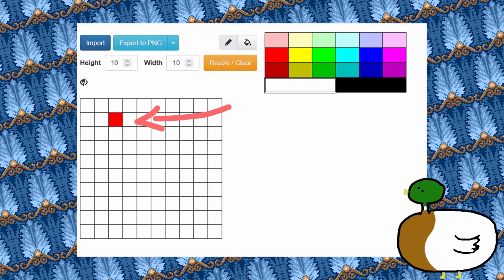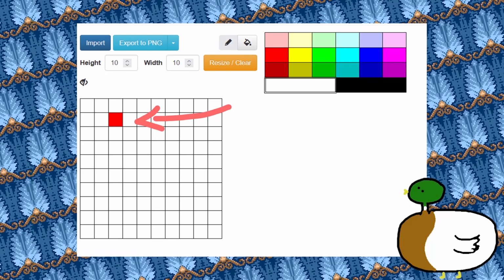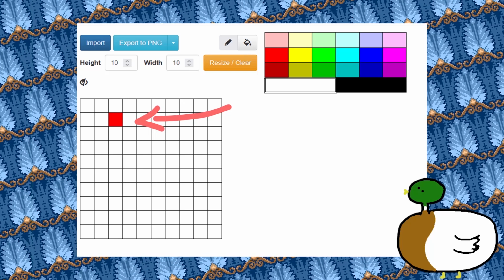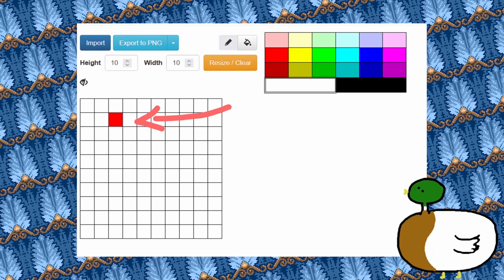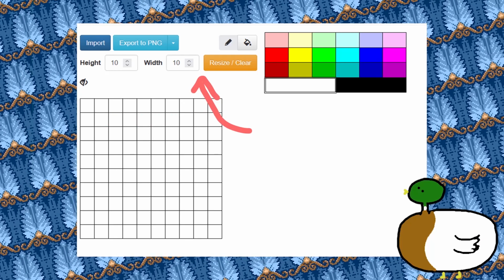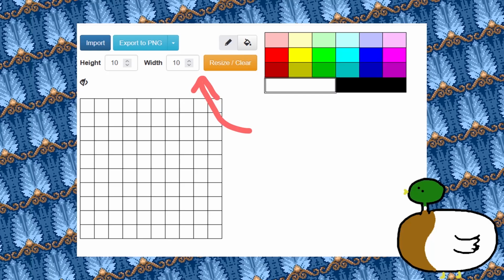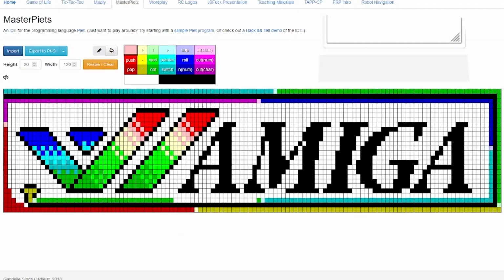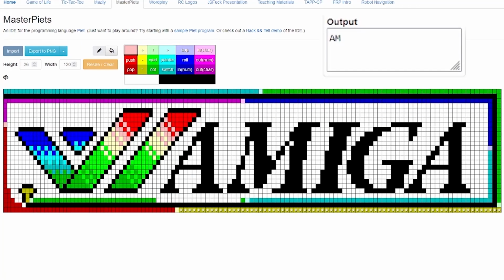A codel or code pixel is pretty much a square of any size so that you don't have to create literal pixel arts. You can change the size of the canvas and you doodle around on the canvas and create awesome stuff like that Amiga logo that actually outputs